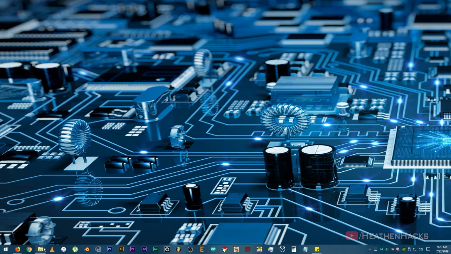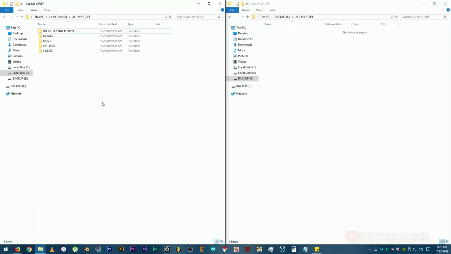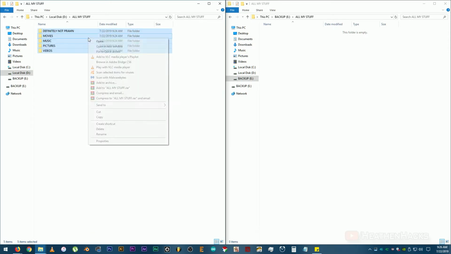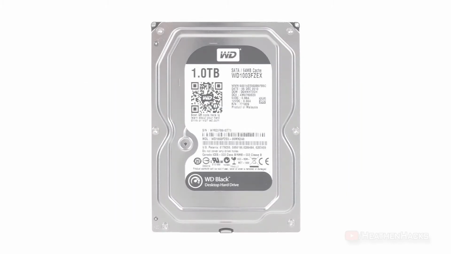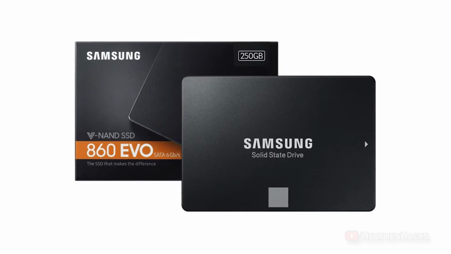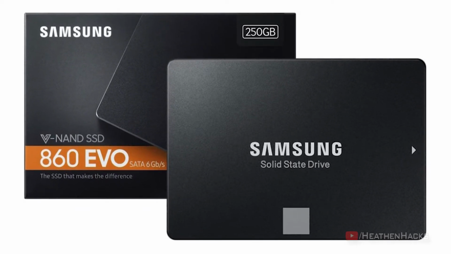Before formatting your drive and installing a fresh operating system, it's essential to back up all of our stuff first, so that we can reinstall and reconfigure stuff faster later. My system has a total of 3 drives, one SSD, one NVMe, and one HDD. And my OS together with some necessary software and other stuff are all saved and installed on the SSD, so that's the only drive that I need to back up.